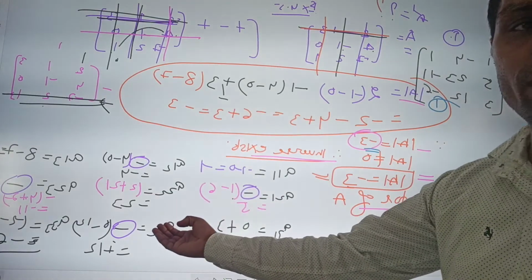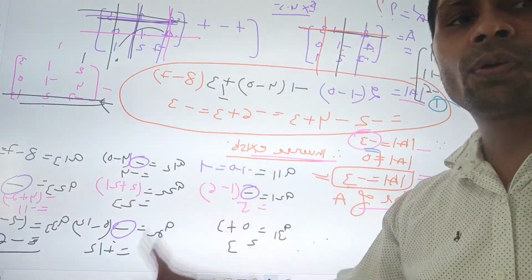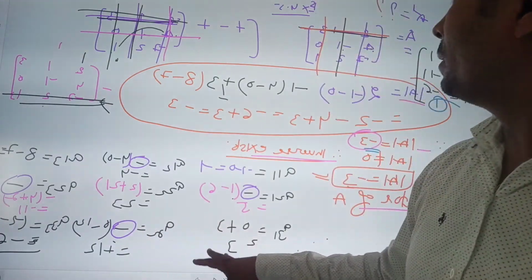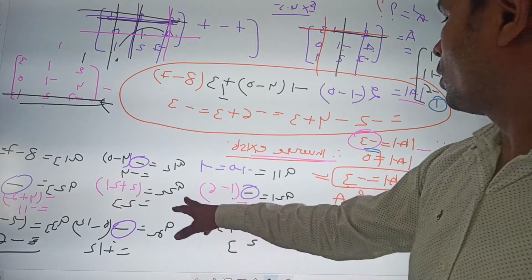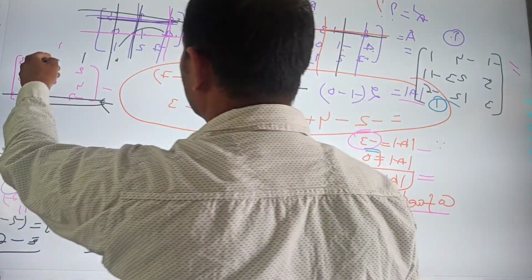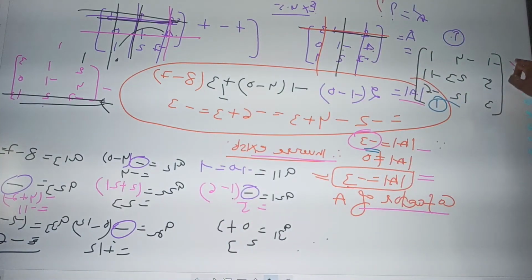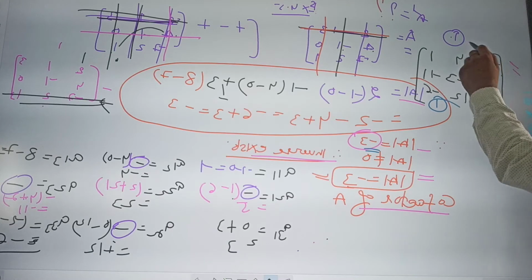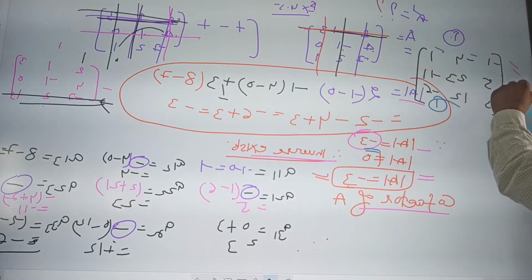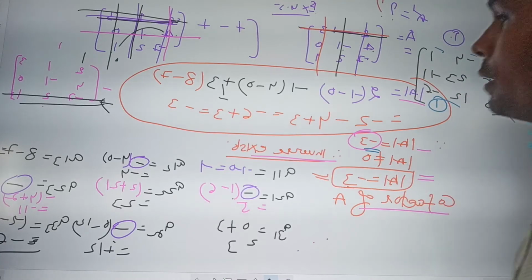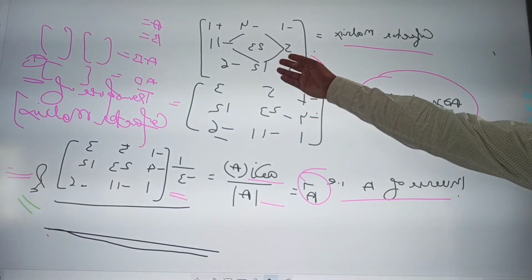After that, we will find the cofactors. I have already discussed the process of finding the cofactors. Then you will make the cofactor matrix. The cofactor matrix will be, with entries -1, -4, 1, you can see here -1, -4, and 1 like this. So this is the cofactor matrix that I have mentioned here.